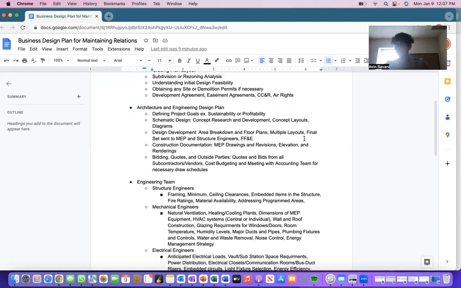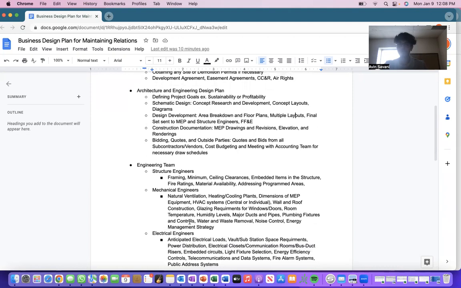So I don't want to get too much into the architecture process, because this is what architects do literally throughout any type of project. So they're well informed about this. But if you are new to this, this is a beginner's guide to how to coordinate with them, I would say. So when it comes to that MEP and structure engineer phase, I would really think that it's a lot more to go through, and it's also coordinating and making sure that each teammate is informed about how the process is going, right? So FF&E,